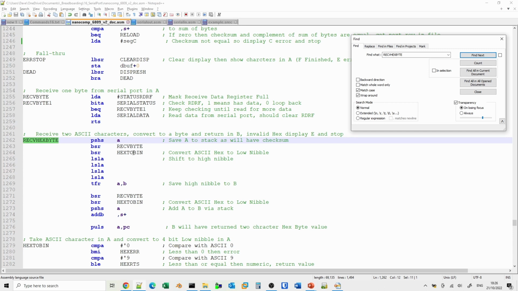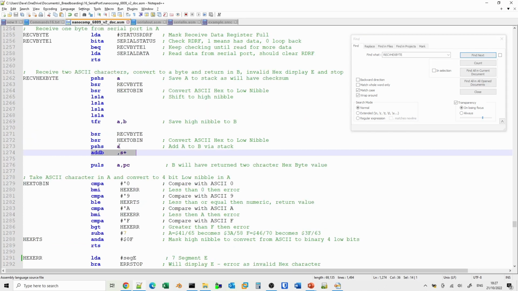So what it's going to do first of all is return the least significant nibble into a binary value, the first byte into the binary value, and then it logically shifts that left, so the bottom 4 bits become the top 4 bits. Then this is a typical trick that we do: copy that into the B register, which is A off the stack. And this is a way of adding A to B, and you'll see this in quite a few places.